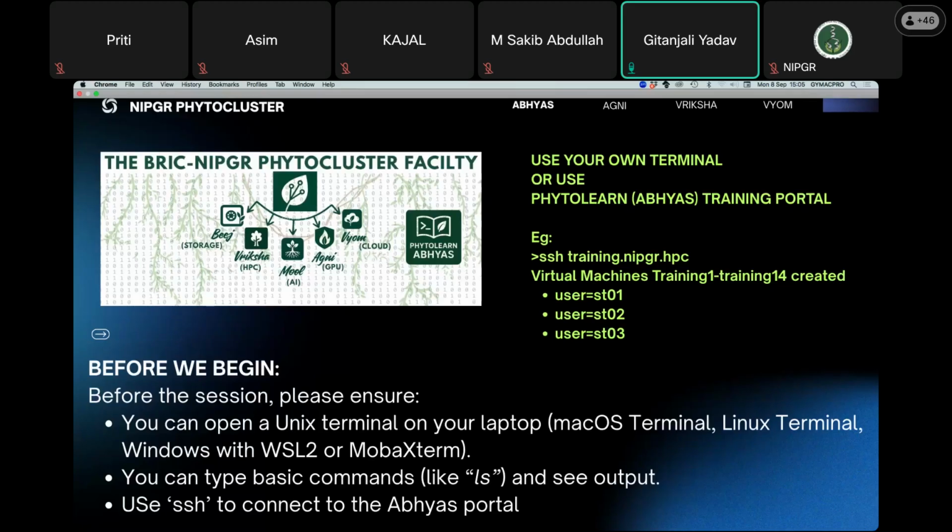You don't have to rush into doing it right now, but that is something that will easily allow you to access the phytocluster, especially from within NIPGR. You don't need to install anything. You just need to have a terminal. Through the terminal, we will give you access to the entire phytocluster,